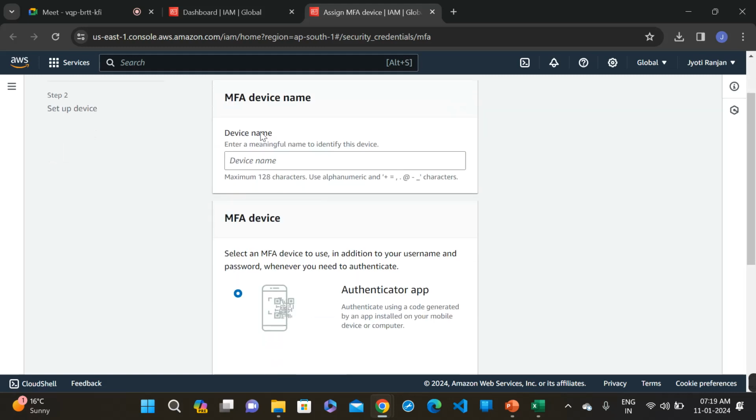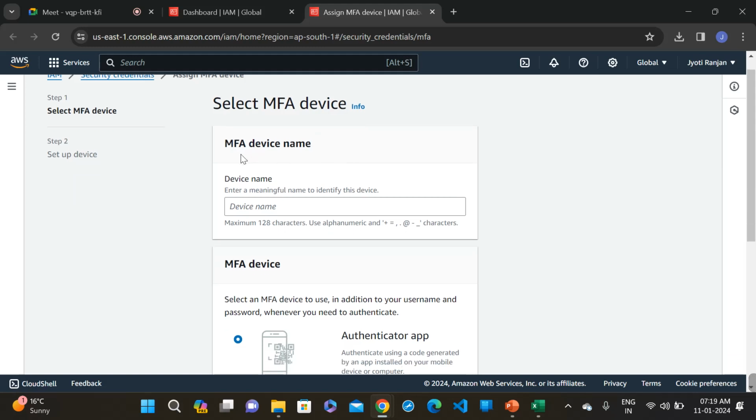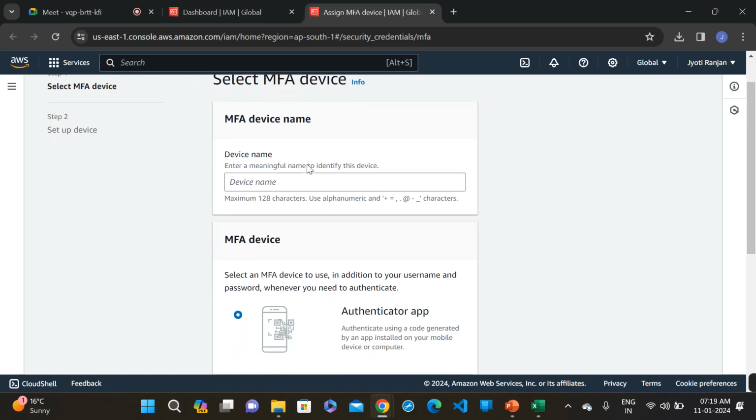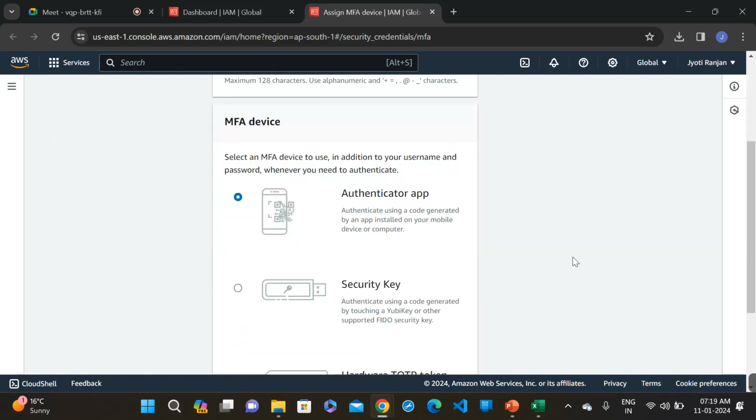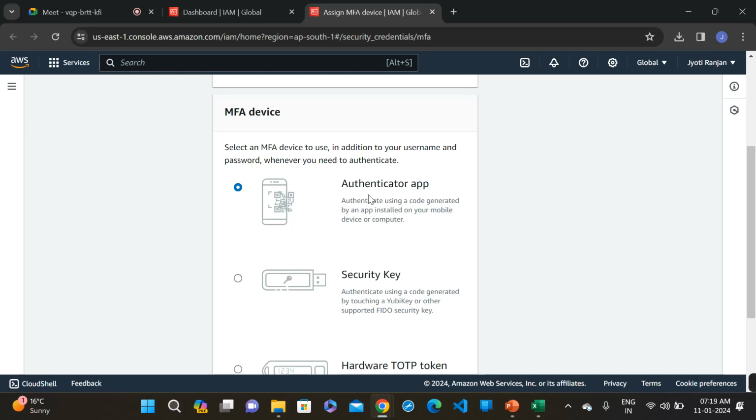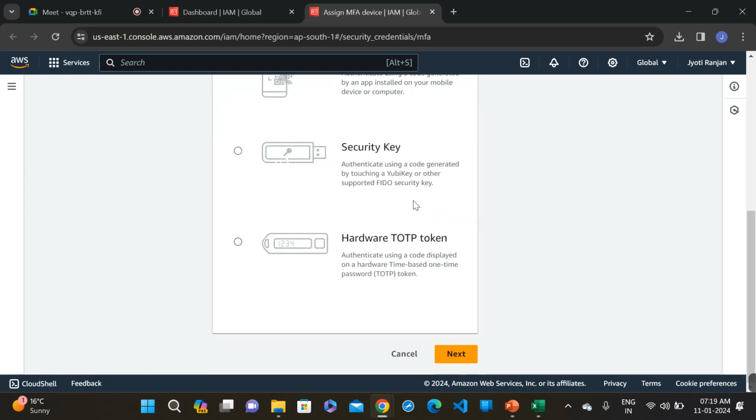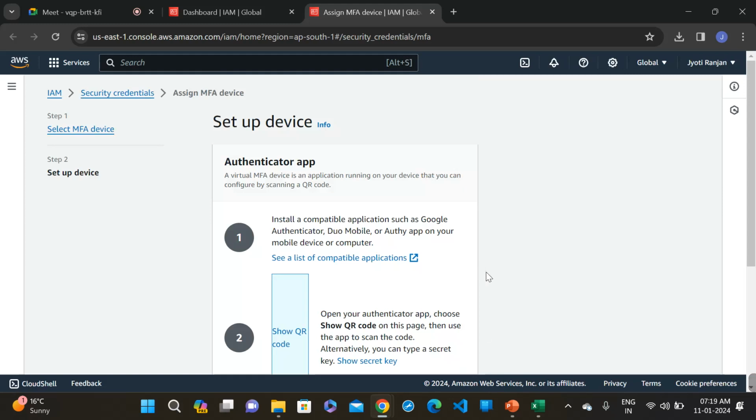And you can see the MFA. Select the MFA device. This is multi-factor authentication. So let me give any name, my AWS, and go down, and you can see here authenticator app. By default it's selected as authenticator app, and click on next. Then it will ask you